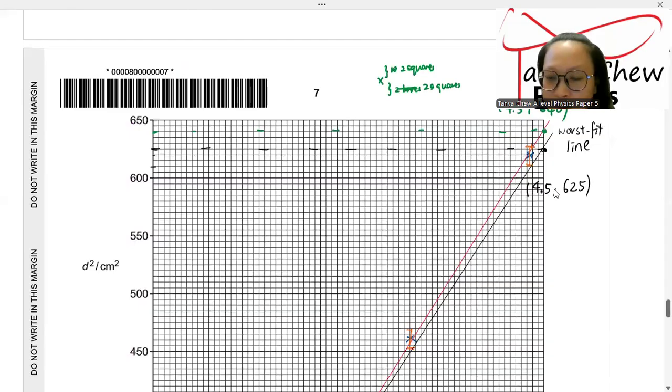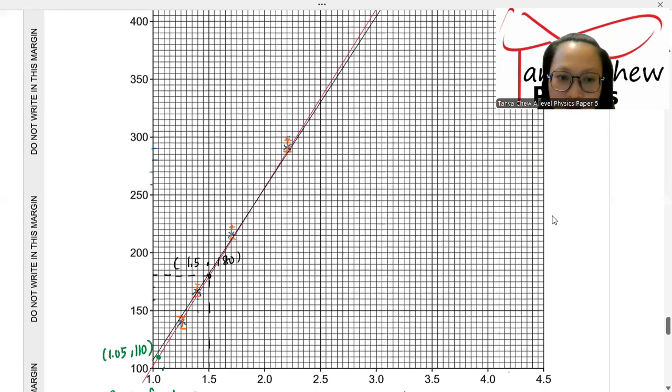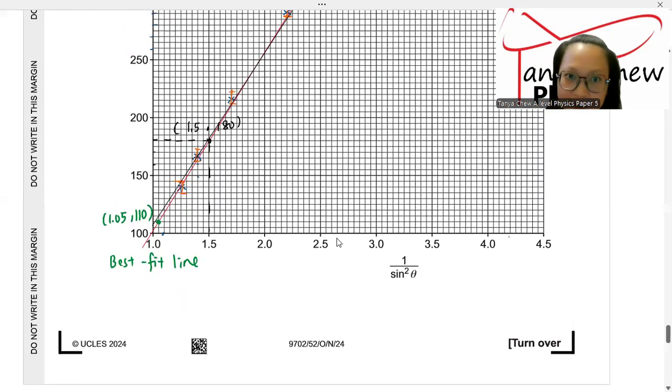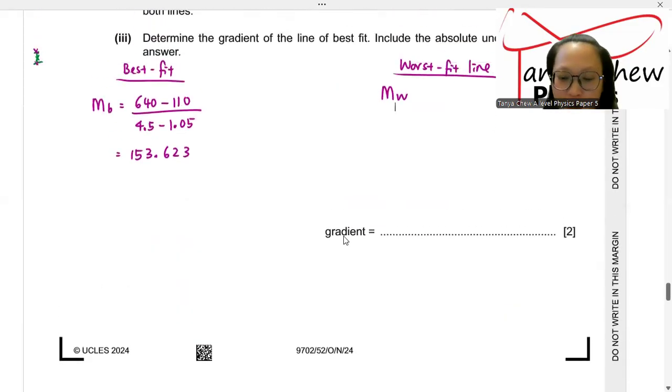So for the worst fit line, my gradient, my 2 coordinates are 4.5 and 625, and the other one is 1.5 and 180. So I'm going to do my calculation right now. It is equal to 625 minus 180 divided by 4.5 minus 1.5. So I got